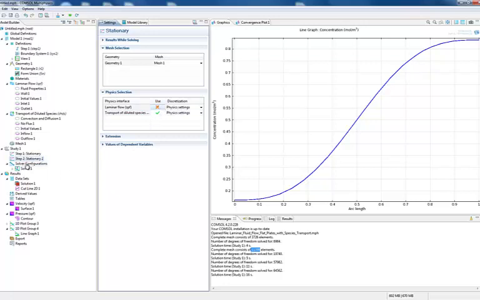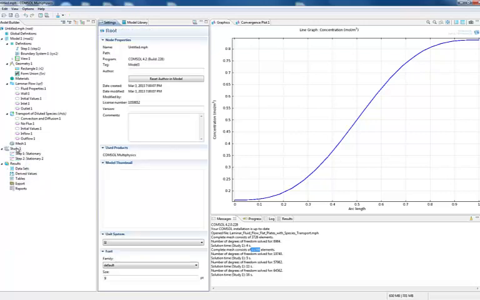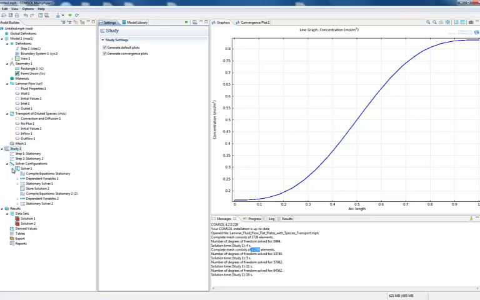Now to do this, let us delete this solver, and you can right click and say show default solver. Now if you see this solver, it has two solvers, stationary solver 1 and stationary solver 2, and